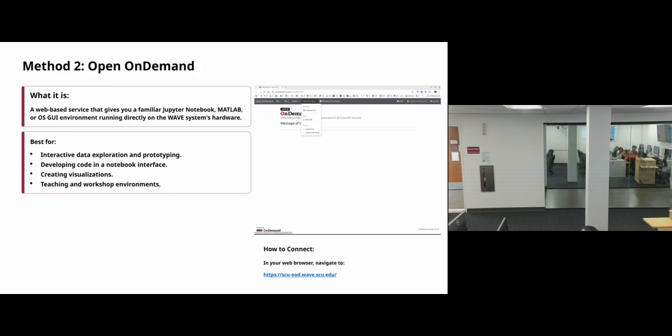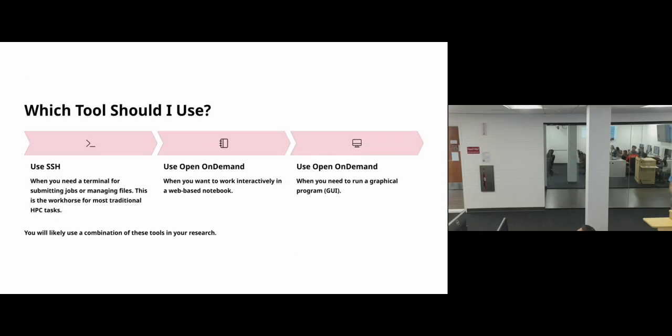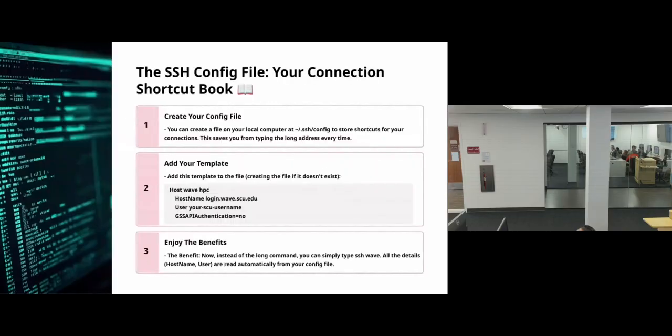I'm not covering that here. There are tutorials on how to do that on our website. But that's a third way. It's really method 1 because VS Code is using SSH underneath to connect and sync files between your laptop and that environment. Okay, all right, so we already covered this.